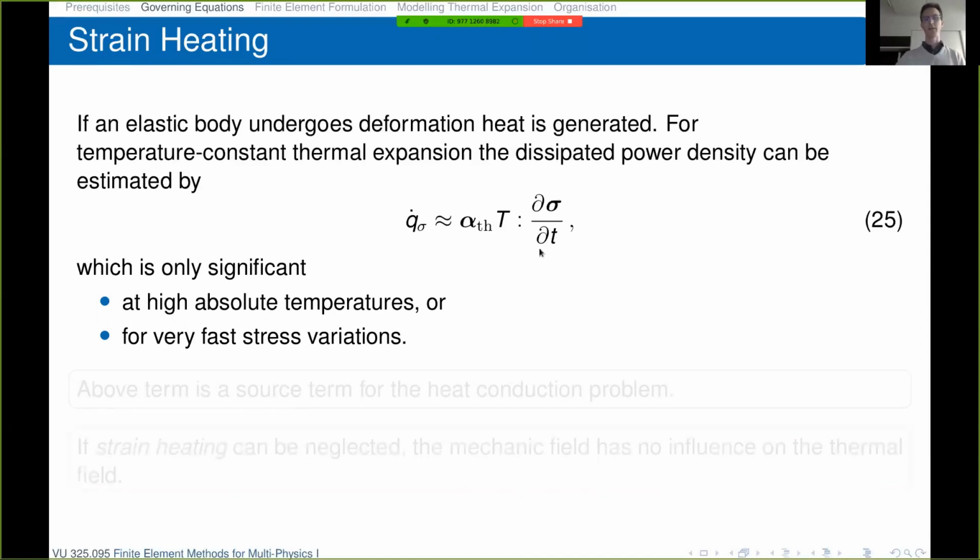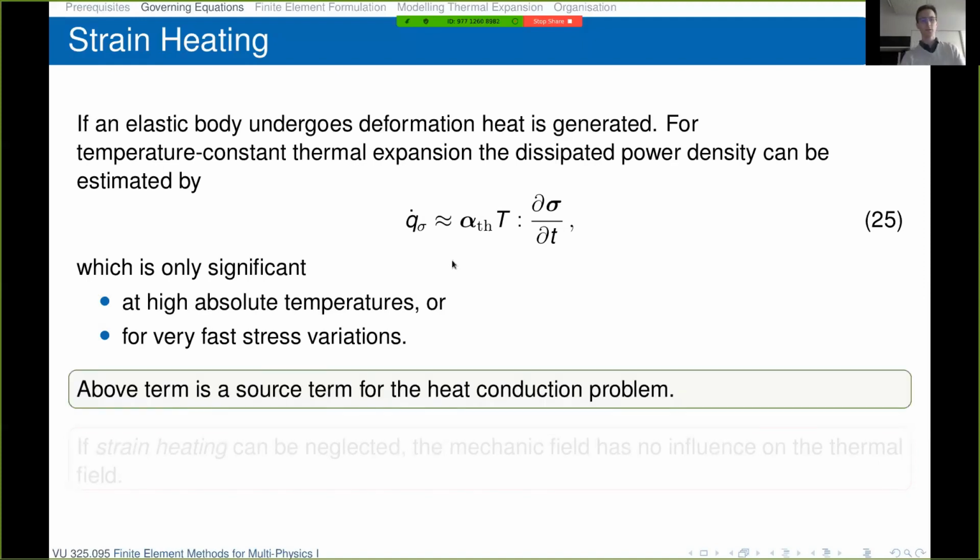So if we excite, for example, a rubber material at a very high frequency, we know we need to take this term into account. However, if we simply lower the frequency, we know it won't get heated a lot, and we can neglect the phenomenon of strain heating. So this relation would be a source term for the heat conduction problem. And in this way, the problems would be tightly coupled, since the